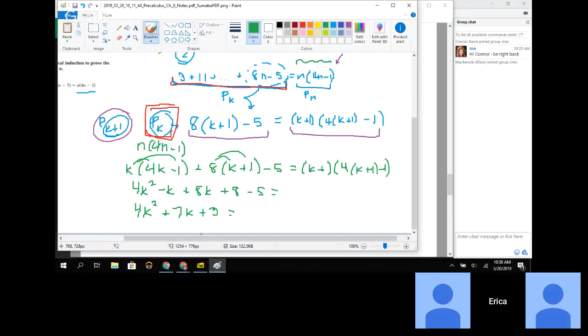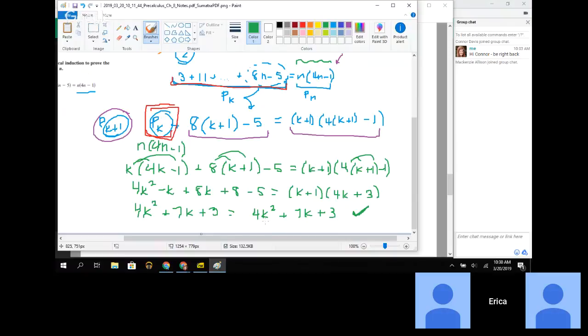My right-hand side needs some work. On my right-hand side I have k plus 1 times, and I've got to do some distributing here, 4k plus 4 minus 1, so 4k plus 3. Then to simplify that, I need to FOIL. So I'm going to get 4k squared plus 7k plus 3. So all that confusing work, and we actually end up showing that if I add the next term on, then,